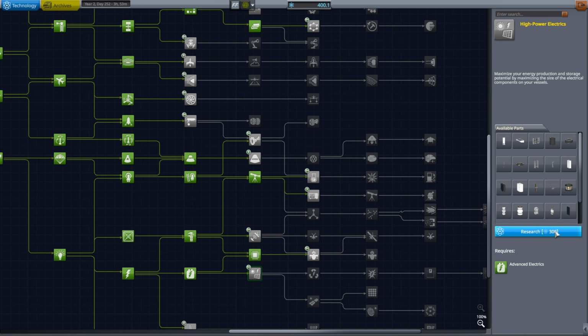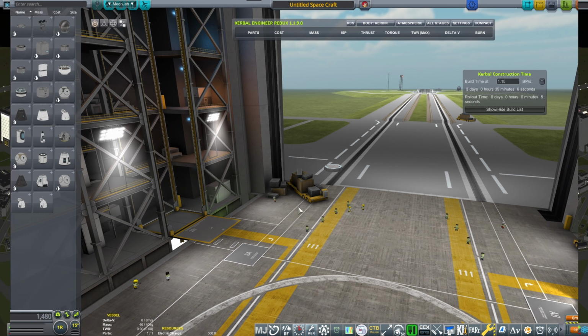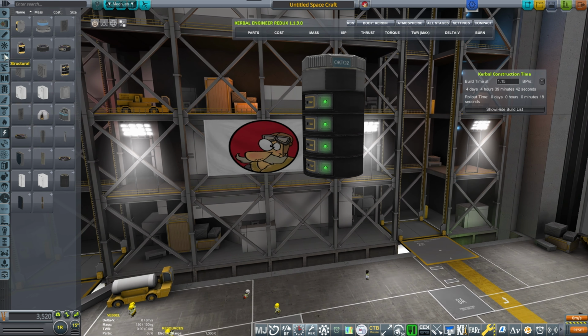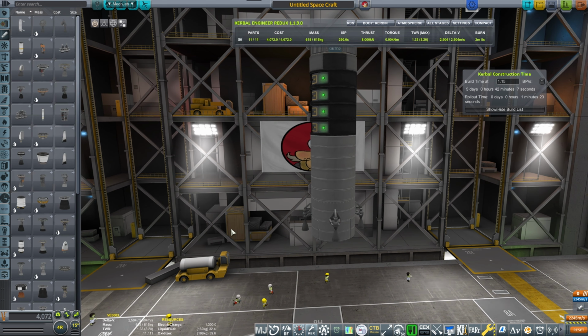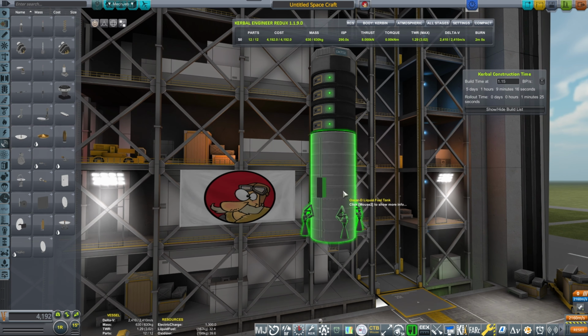My connectivity was being lost and regenerated, so I had some problems. So to do that, I'm going to research the high power electrics and we're going to start building the probe. With that being said, we will be taking the standard design that I'm using: batteries, reaction wheels, Octo 2 because it's the smallest one. And then we will be placing some 4 fuel engines and antennas for communication